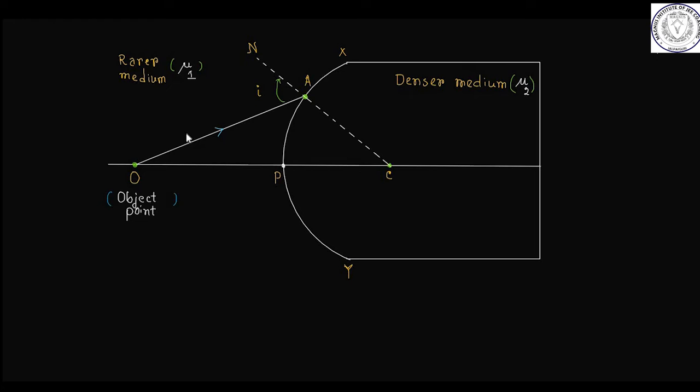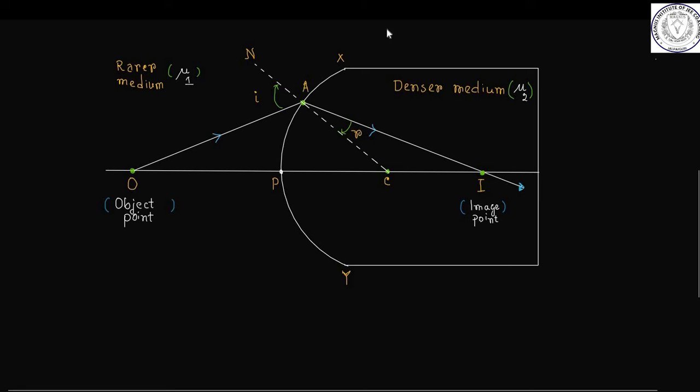Incident ray OA makes an angle i, and i is the angle of incidence, and we can denote the direction along which the refracted ray will be traveling in the denser medium enclosed by the convex surface XPY, and the refracted ray will form an image I on the principal axis PC. I is the image formed by the refracted ray AI in the denser medium. The refracted ray AI makes an angle r with the normal NC, and r is the